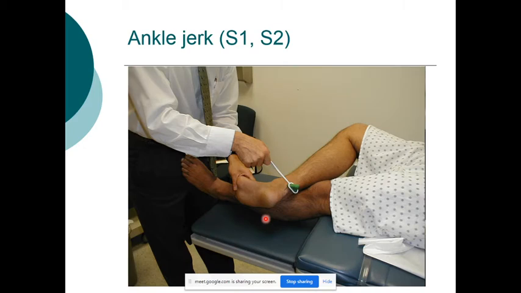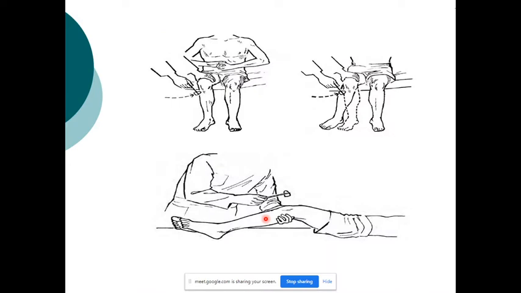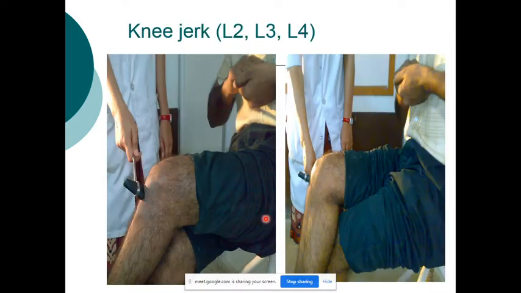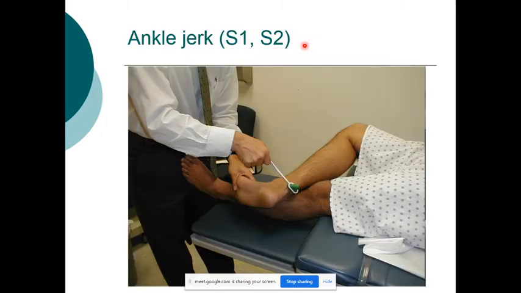Next is the ankle jerk. What is the root value of knee jerk? L2, L3, L4. Next is ankle jerk. How do you do ankle jerk? You can see the patient lying down. He is placing one leg above the other leg, slightly flexed like this, and here you have your Achilles tendon. Okay, with one hand you can see the doctor is